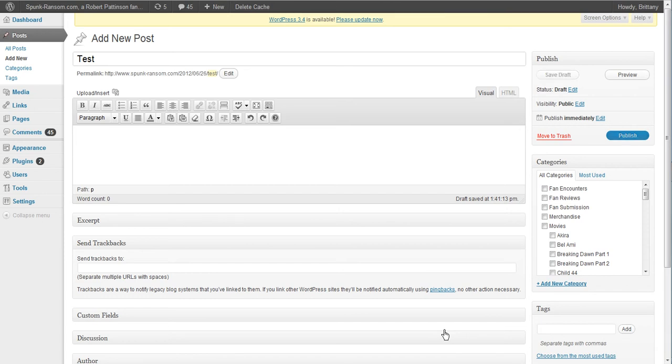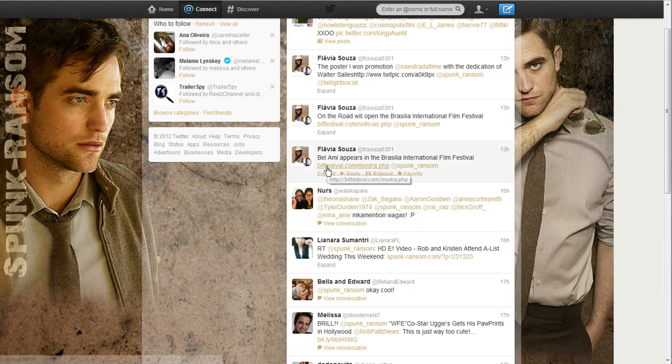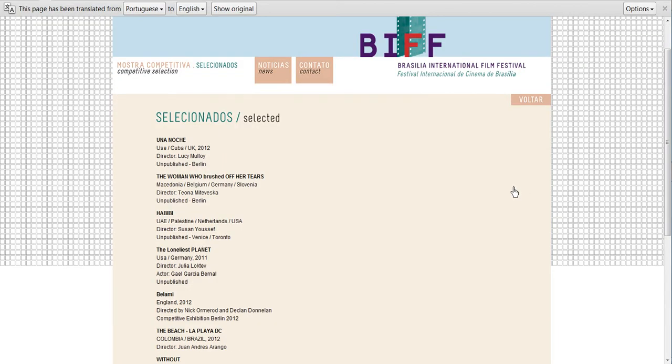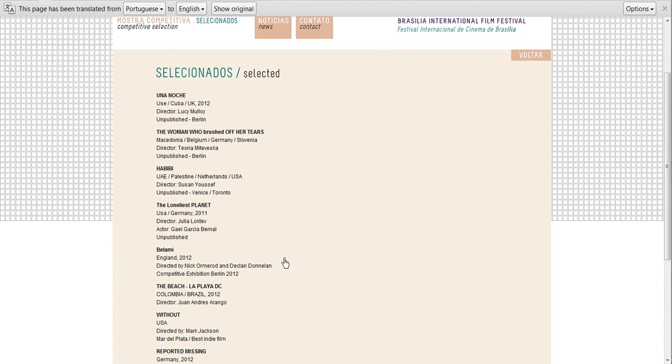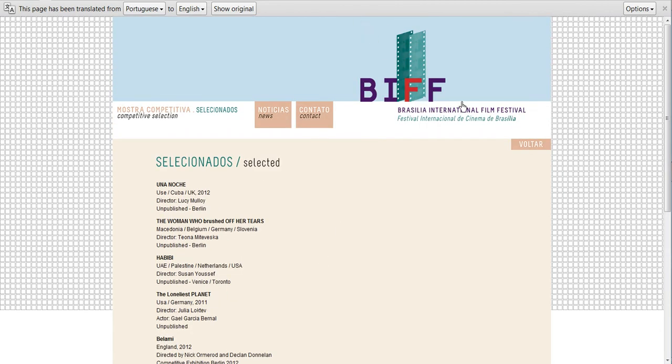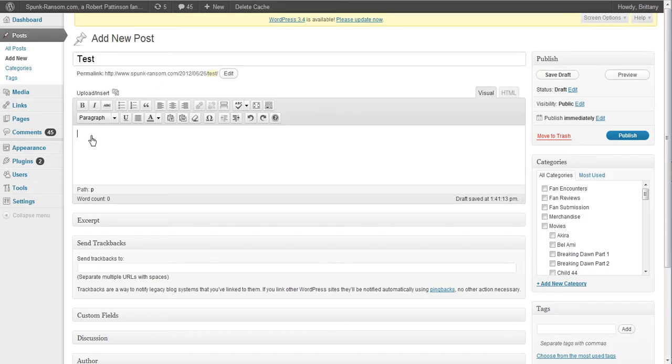So first I'm going to show you how to post just a regular post using one tweet. And this is an actual tweet that was sent to us by this person saying that Bellamy is in an international film festival in Brazil. So I clicked this link he gave me, and he is correct. So we're going to use this logo that I already screen capped ahead of time, and I'm going to post that